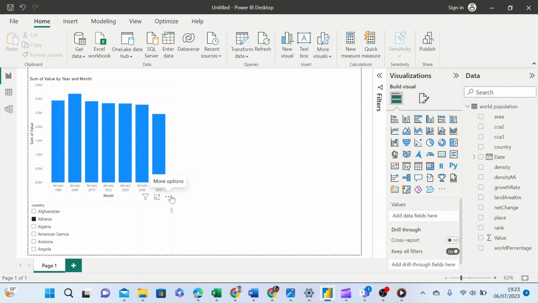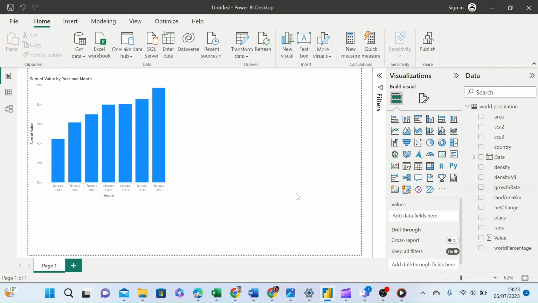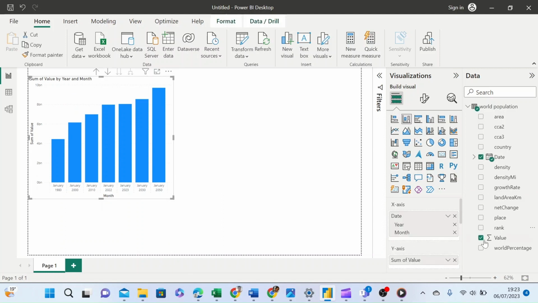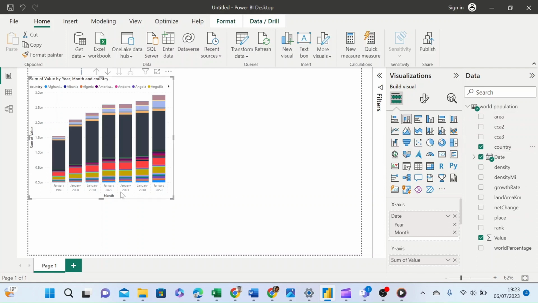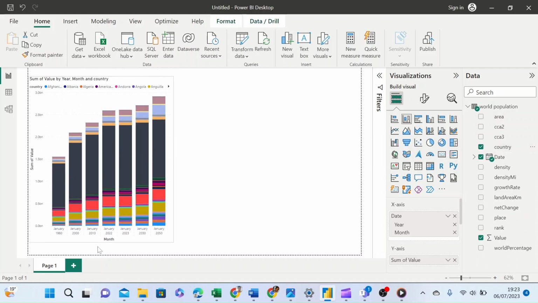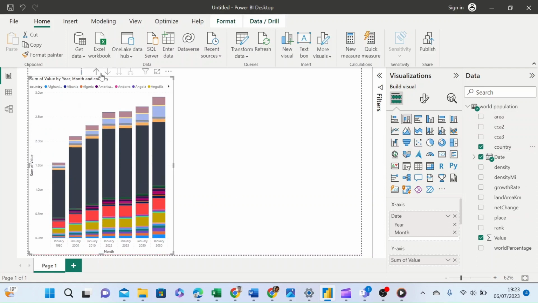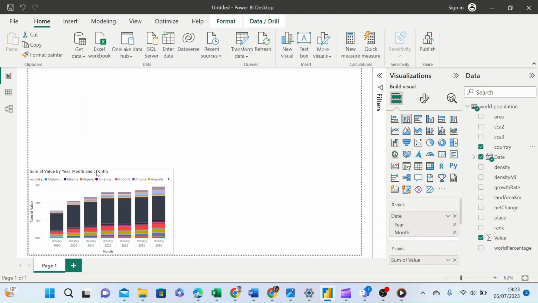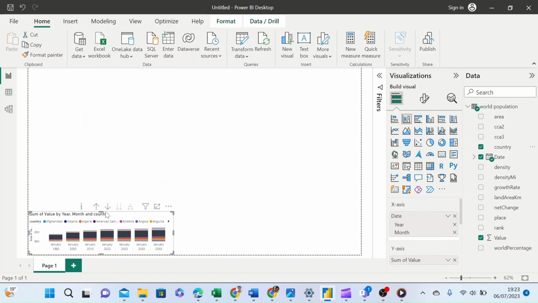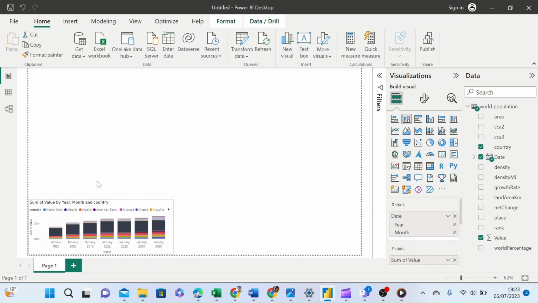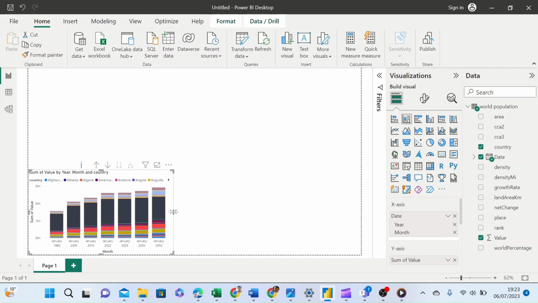Okay, so I'm going to take the slicer off because we're trying to create a dashboard. We need as much space as possible. That was a bit too much. Okay,